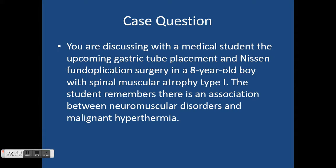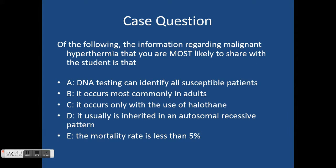Very good, thank you. Okay, so the first question is, you are discussing with a medical student the upcoming gastric tube placement and Nissen fundoplication surgery in an 8-year-old boy with spinal muscular atrophy type 1, also known as Werdnig-Hoffmann. The student remembers there is an association between neuromuscular disorders and malignant hyperthermia. Of the following, the information regarding malignant hyperthermia that you are most likely to share with the student is that